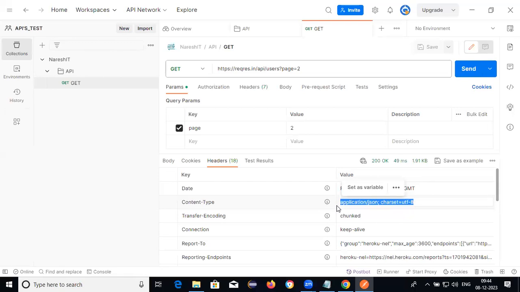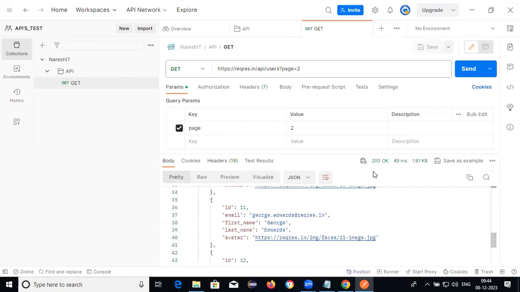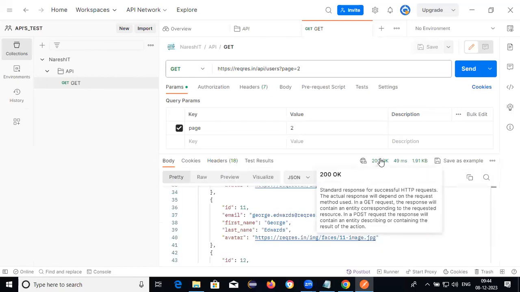The next one is the status code. It is very, very important, the types of status code. Status code 200 is okay and success. 300 is redirection. 400 is unauthorized. 500 is server related issues.